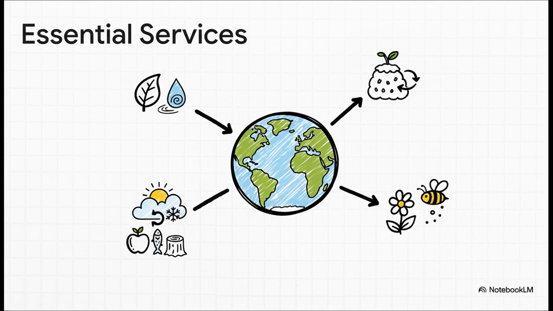I mean, healthy ecosystems provide services that are literally priceless. They purify our air and water, they regulate the climate, they pollinate the crops that feed us. Some people have tried to put a price tag on it, and the estimates are just wild. Over $125 trillion a year. They're basically the life support system for our entire global economy.